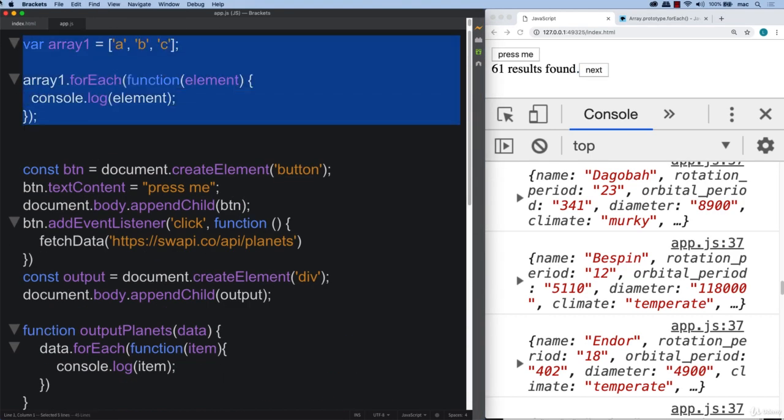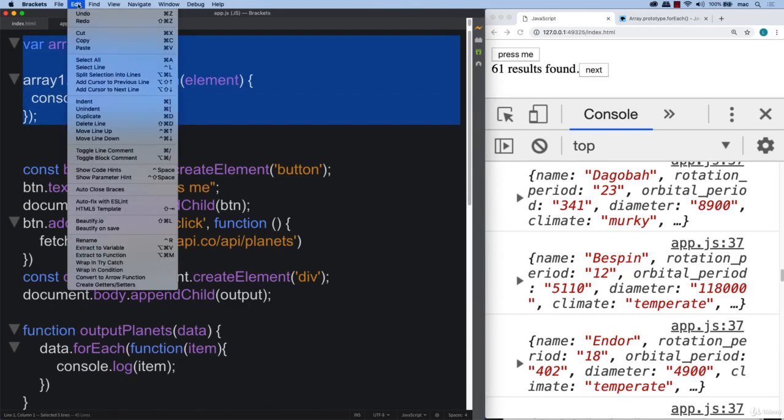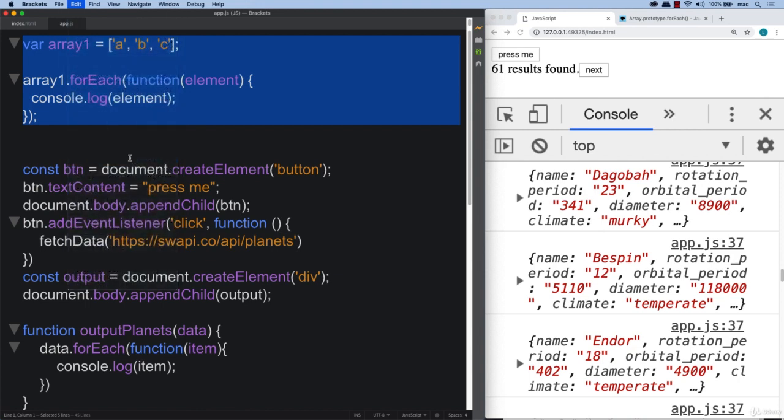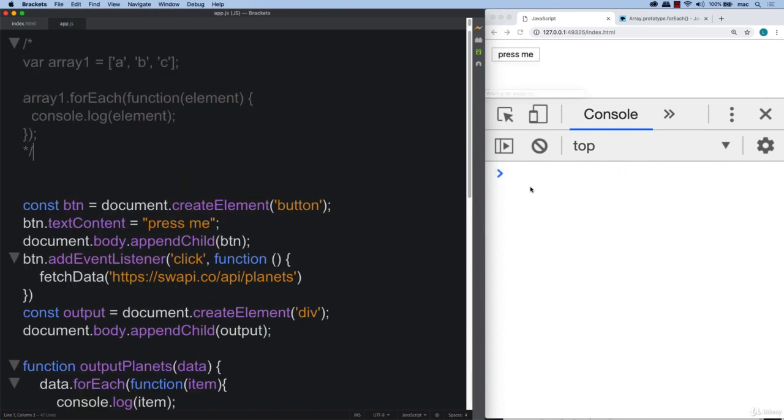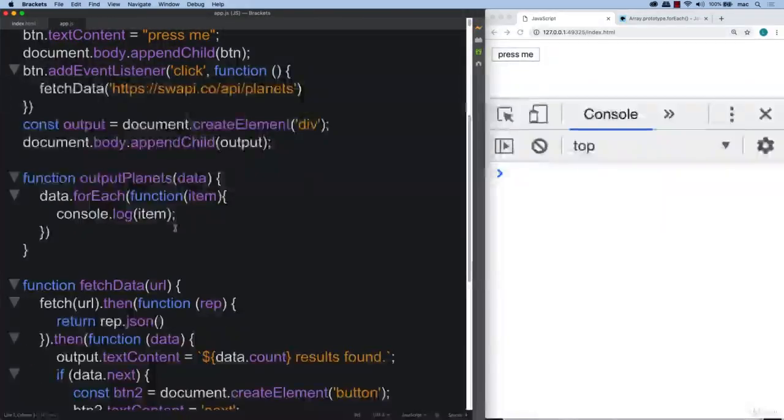I'm going to comment this one out, and it's going to be more for the dynamic capability when we want to loop through all of the planets, so all the 61 planets across the 7 pages, and then output them as one chunk on the planet. So this is going to make a whole lot more sense. And obviously that is more to come in the upcoming lessons, and I'll show you how to do that. So for now, as we loop through each one of the items, you can see we've got a name and